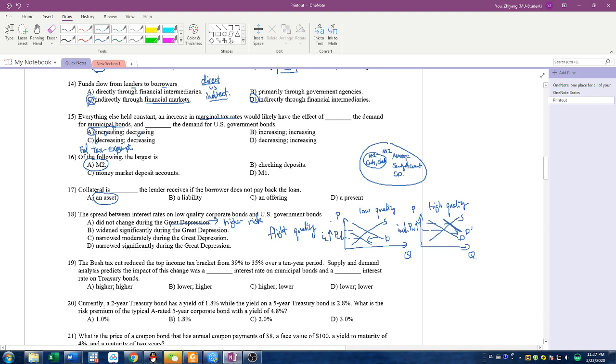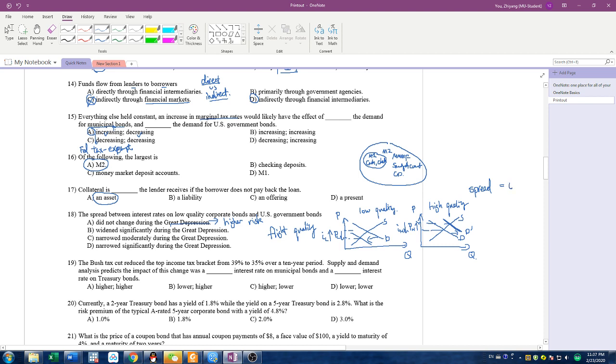Okay, so now we know how these two interest rates change. The only thing left is, do you know the function of interest spread? Okay, so